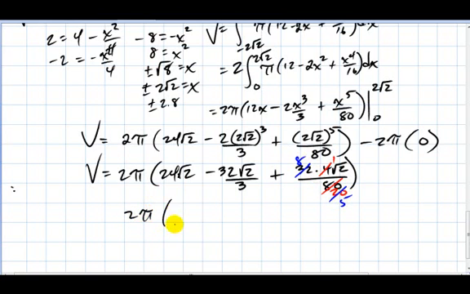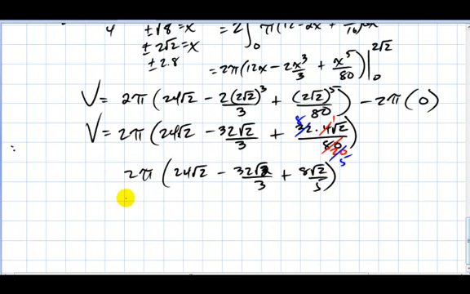I get 2 pi times 24 root 2 minus 32 root 2 divided by 3, plus 8 root 2 divided by 5. Ooh, there we go. Use a common denominator of 15. So 2 pi times, okay, and I multiply this first one by 15/15, like so. And 15 times 24, believe it or not, that's 360. So 360 root 2 over 15,